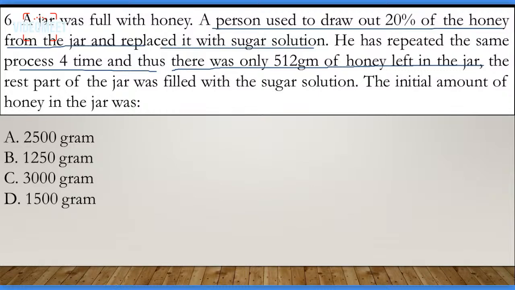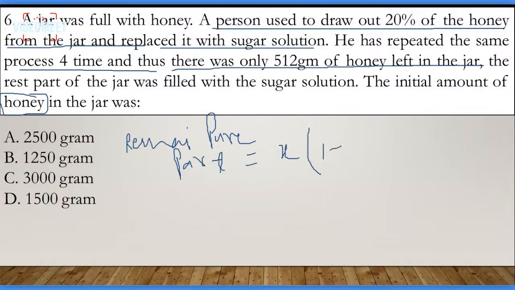For this type of question, we use a simple formula. At the start of the repetition, the pure part is honey, which is 100% honey. For calculating the remaining pure part, the formula is: remaining pure part is equal to x into (1 minus y upon x) raised to the power n,